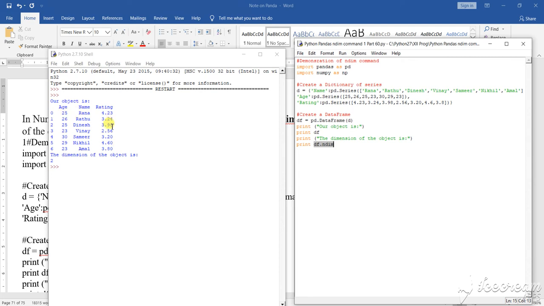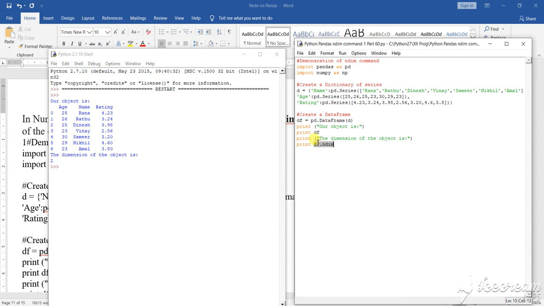Suppose the structure is different, then it will say it has a three-dimensional axis. So it is totally based on the structure that you create. Based on that, it will say how many dimensions there are in this or a different program where you are using the NDIM function.